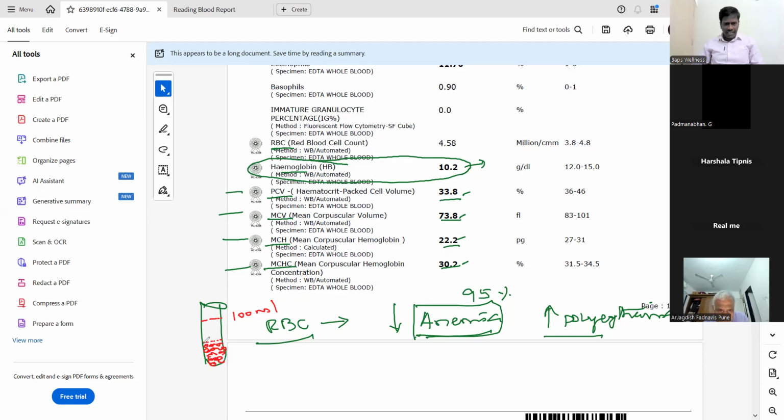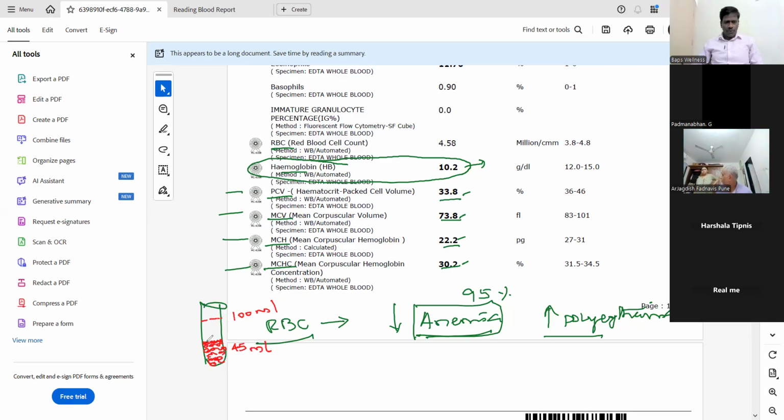That is, heavy particles will settle at the bottom. The light material will float afterwards. Of these heavy items, in a healthy person, almost 45 ml